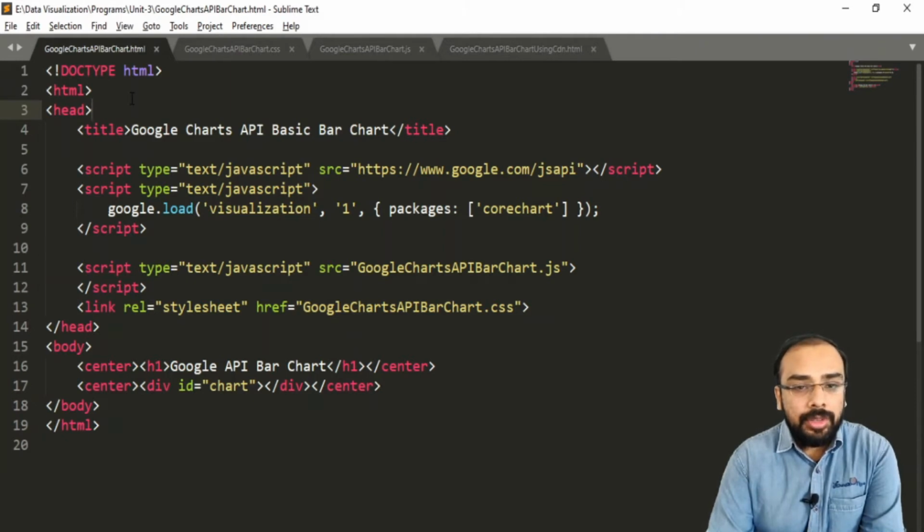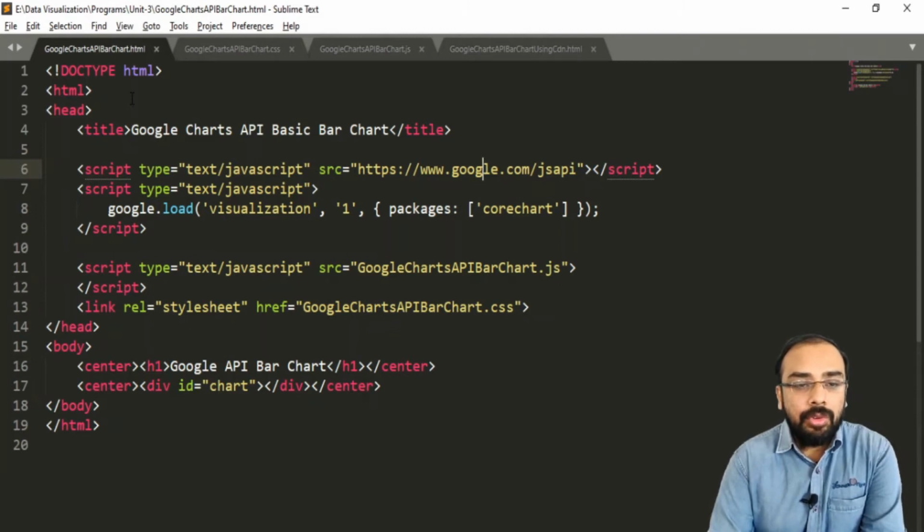In order to specify our JavaScript API for Google, we have to write a JS file to be included in our particular file. For that we have taken a script tag. For the script tag we have taken the type equal to text/HTML, and we have specified the source, that is https google.com JS API. So we have imported the JavaScript API of Google Charts.